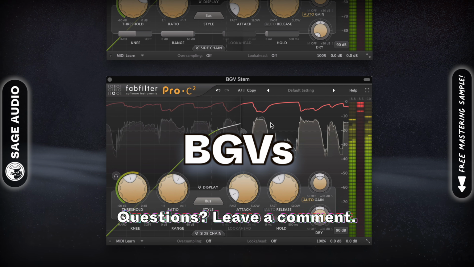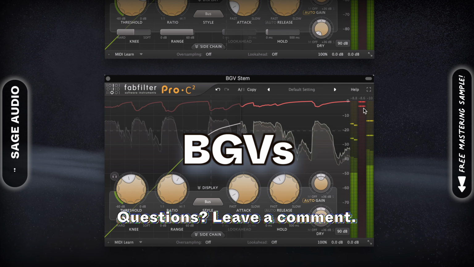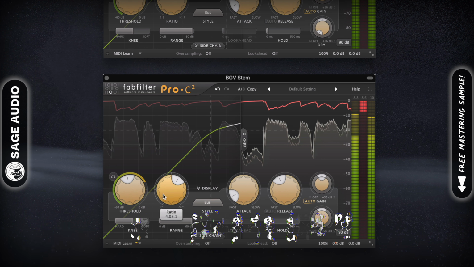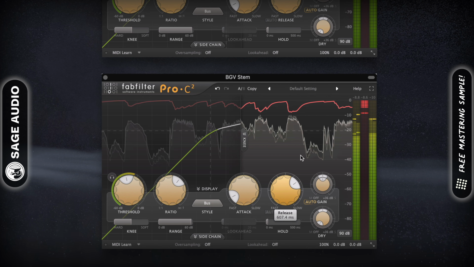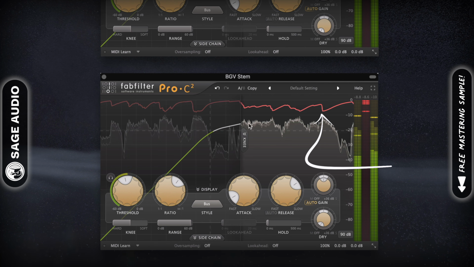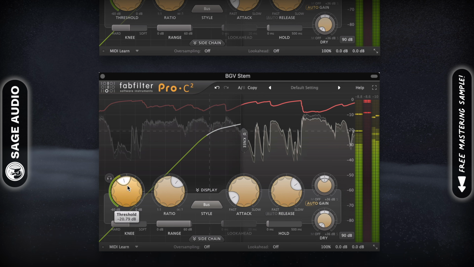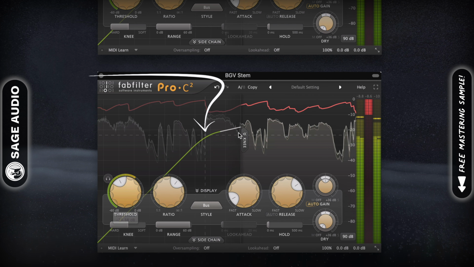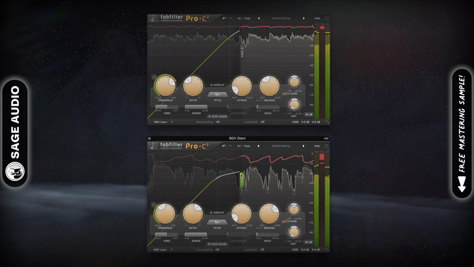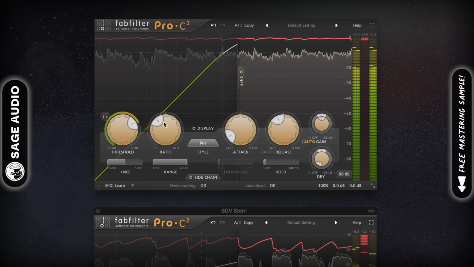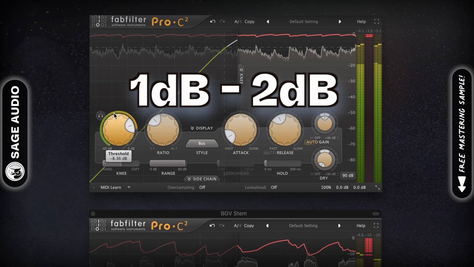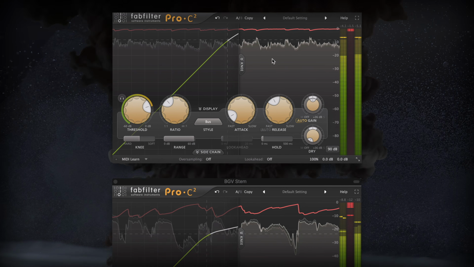For example, background vocals can be heavily compressed without the listener noticing the lacking dynamics. Additionally, it's usually helpful to have this instrument group be as dynamically consistent as possible. For this reason, more aggressive bus compression is usually applied to BGVs. If you're using your bus compression on a full mix bus, I'd say no more than 1 to 2 dB of compression should be introduced.